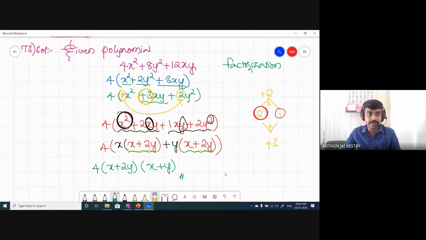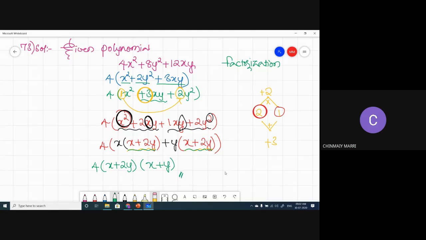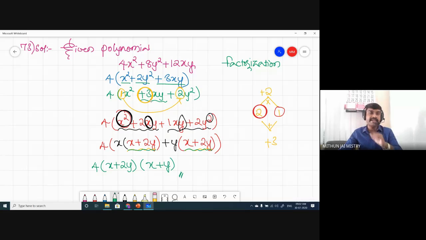So please take a screenshot. Where are we splitting? We are splitting the middle term, only the middle term we are splitting. And how are we splitting it? By maintaining 2 conditions. If you multiply, how much you should get, and if you add, how much you should get. Who decides that? First term coefficient into last term coefficient, we multiply and write. The middle term, as it is, we write the same here. So they will decide what should be the 2 numbers which we want.